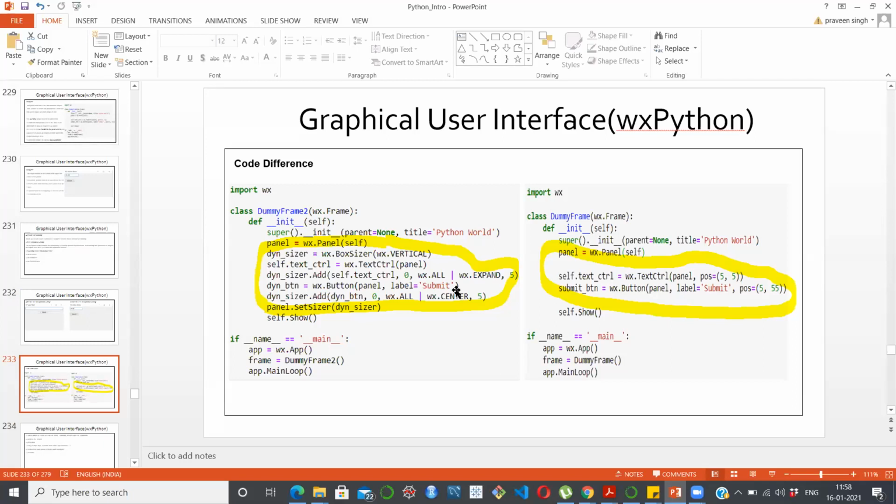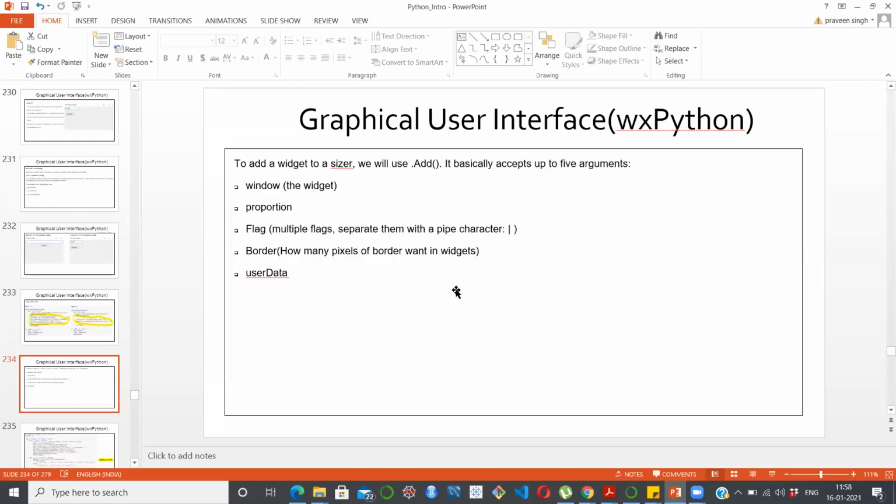It's dummy one and dummy two, basically. They show exactly what you need to do to make a difference in dynamic sizing. So maybe in the second session we will have some UI code, which I will try to run in front of you so that you can get some idea how we can create a label, a text control, a browse button or a submit button.